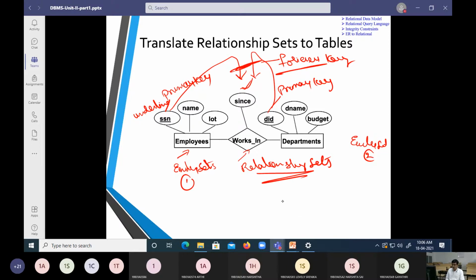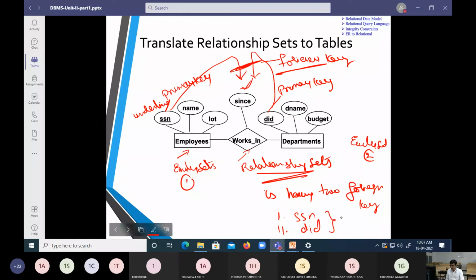Now the relationship entity is going to have two foreign keys, one SSN, two DID, and these are going to relate in the relationship set.